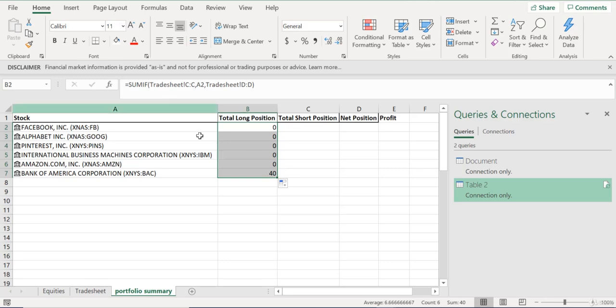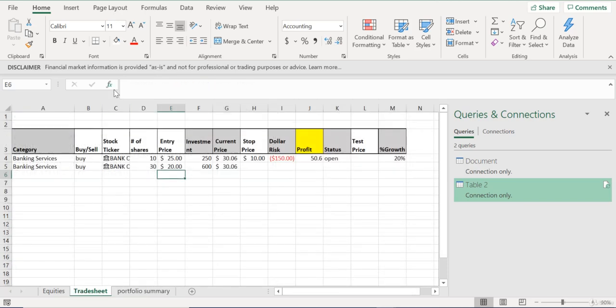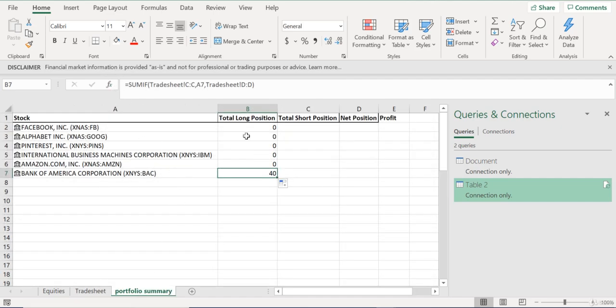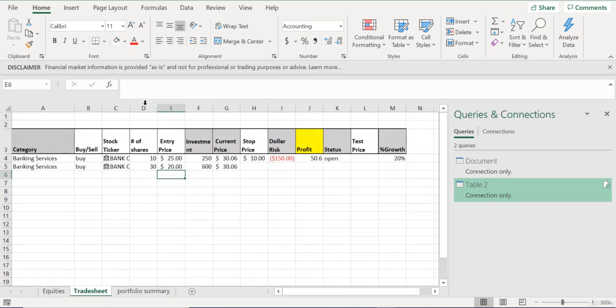Okay? Let me just explain it to you one more time. SUMIF is basically saying do a sum if you see a certain criteria, right? So I'm saying SUMIF, then the range of the criteria. So the range I want you to look up is, first of all, column C, that's where all the stock tickers are. So look in column C for A7. So look in column C for Bank of America. So anytime you see Bank of America, do a sum of things in column D, right? So the things in column D are